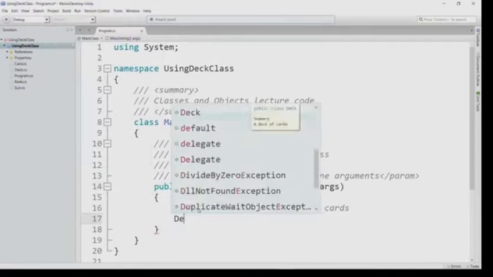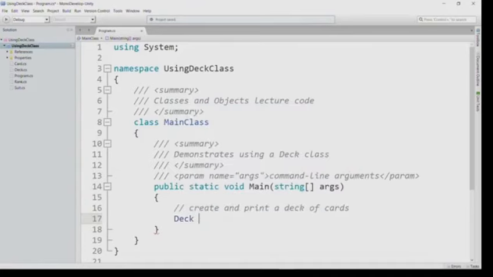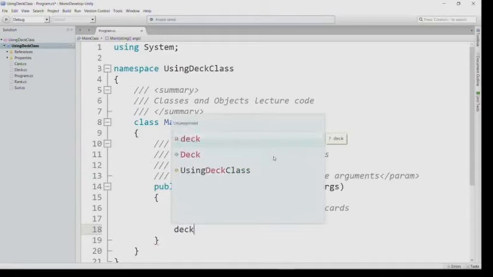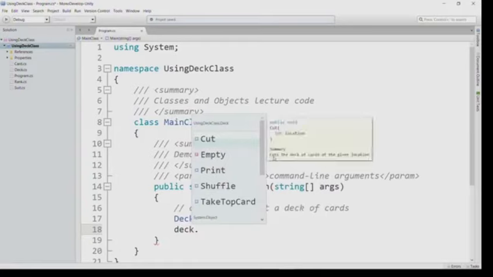So now when we type the word deck, it actually knows about deck because the deck class is now included in our project. So I declare a variable by saying the type, just like int or float, except this time is deck, and I will call this deck. And let's actually try to print it just the way we have here. So I've declared this variable called deck, and now I will call a method on deck. And so I put the name of the object, dot, the name of the method,